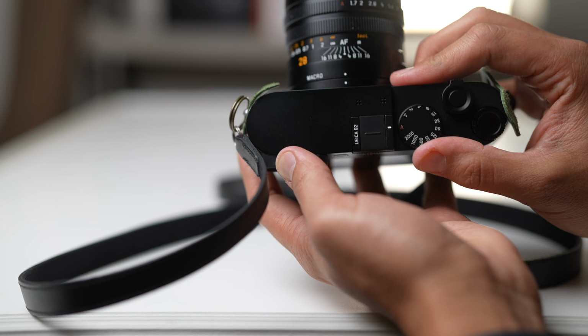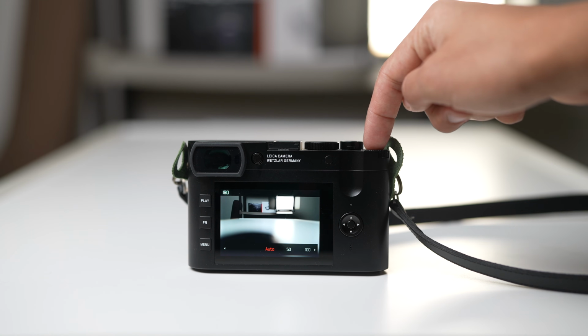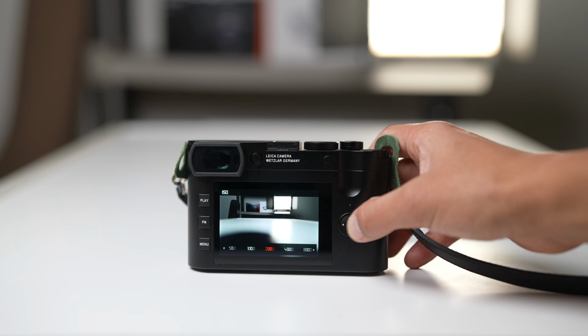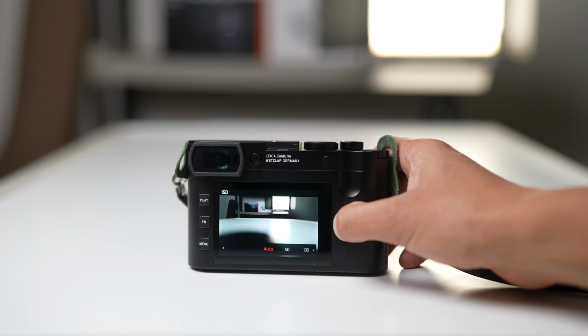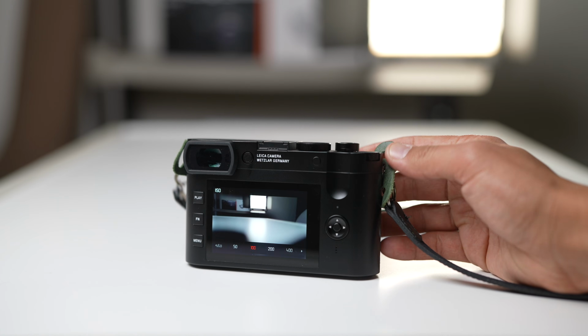They moved the continuous shooting modes into the menu, so a big win there for the Q2. Up next, the button layout is changed in the Q2, and I think it's a big positive. The thing I like the most is they changed the function button onto the exposure compensation dial to be programmable, but I leave it on ISO function so that I don't have to use a button on the back like I do on the Q,